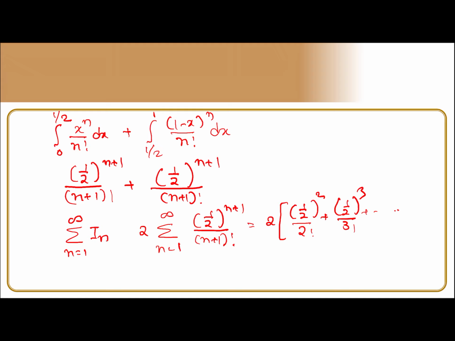What is missing? We'll add and subtract. What is missing is (1 by 2) to the power 1 by 1 factorial, plus 1 minus (1 by 2) to the power 1 by 1 factorial, minus 1. So this is an exponential function: 2 times e to the power 1 by 2, minus 1 by 2, minus 1, which gives you minus 3 by 2. So here, very carefully, which is maximum and which is minimum, breaking the function and converting it properly, the exponential concept is also clear. Then we use the summation and get this answer: 2 e to the power 1 by 2 minus 3 by 2.